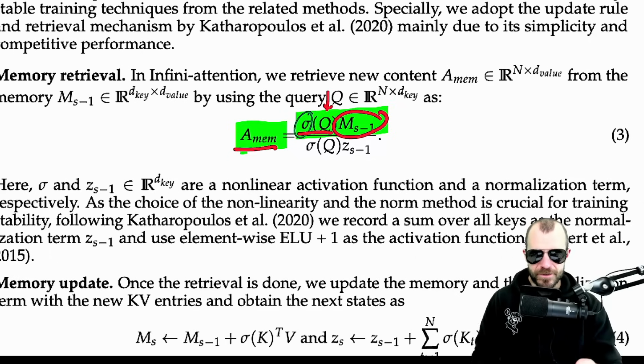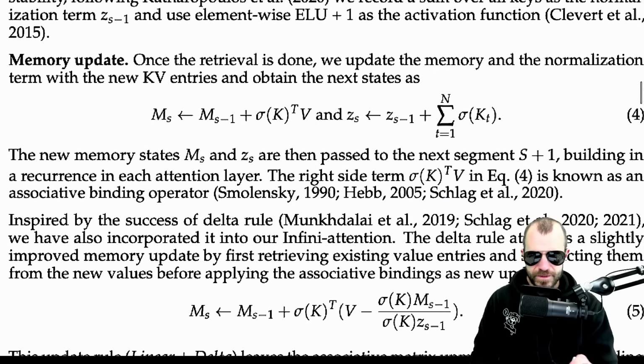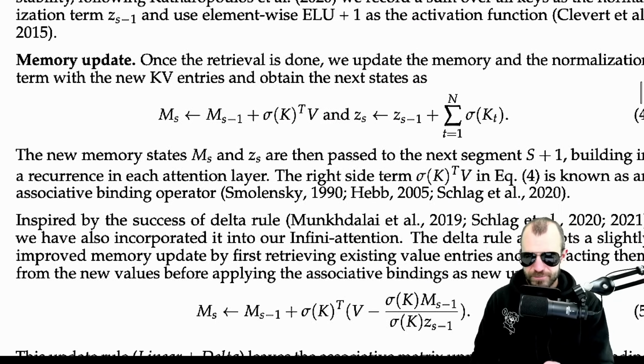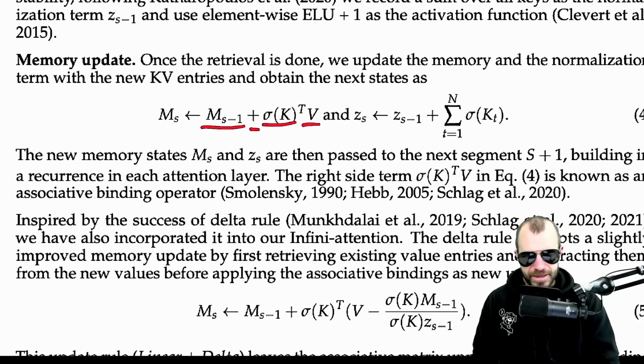Now that signal, how is that actually built up? It's built up like this. You may be familiar with that, but here is how we update the memory. We update the memory by taking the last memory and adding something to it. What do we add to it? Well, we add to it a multiplication of a function of the keys and the values, right? And in fact,